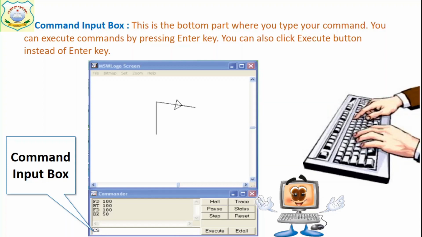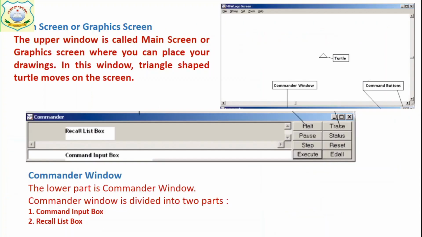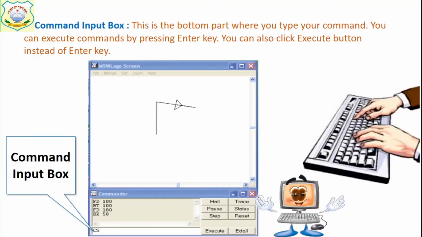Okay, and when we execute it, turtle will follow that order. Got it? When we write our command and execute it, turtle will follow that command and according to it moves or changes its position. Okay, look, turtle is here. Whenever you write your command here in the command input box, turtle will read that command and move accordingly. Okay, see, this is the command input box.